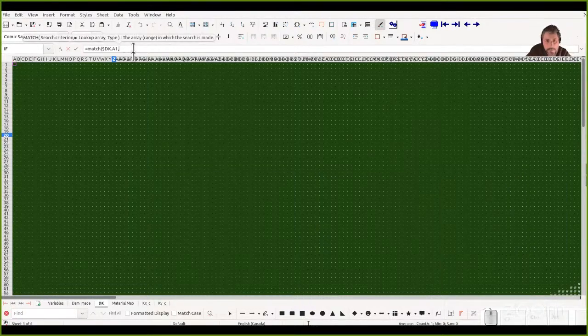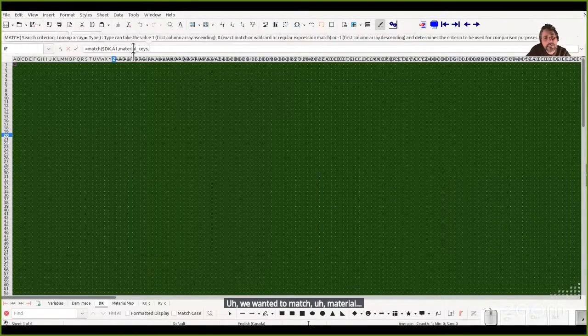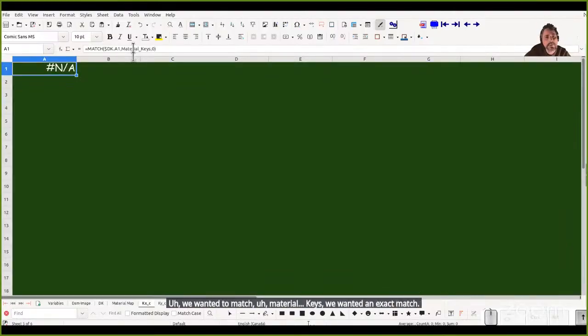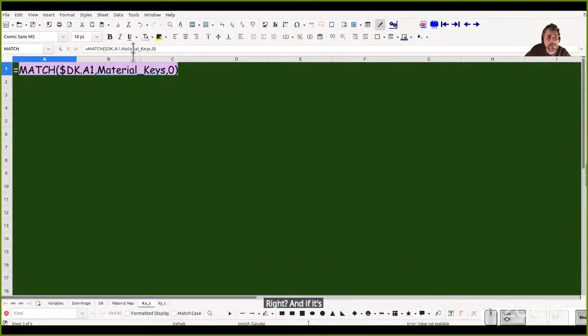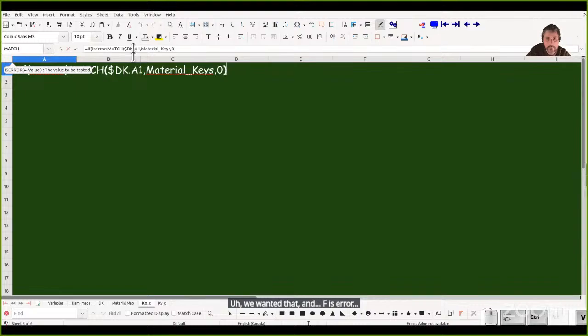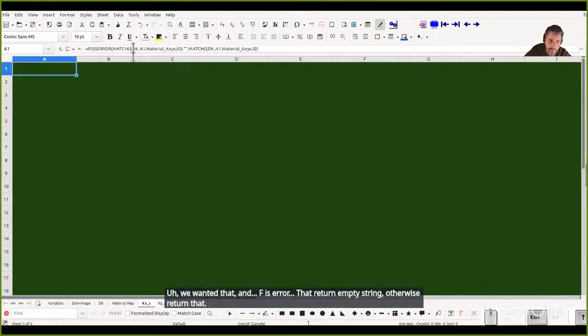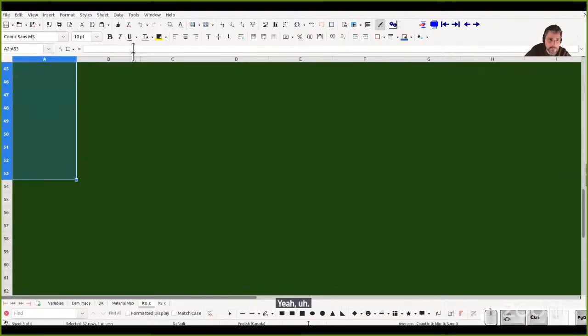What was it that we wanted to match? We wanted to match material keys. We wanted an exact match, right? And if it's an error, if is error, return empty string, otherwise return that. Okay, and we do that until